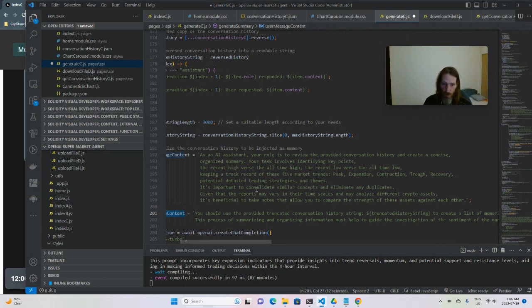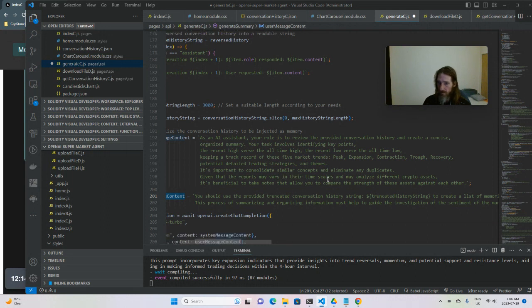It's important to consolidate similar concepts and eliminate any duplicates. Given that the reports may vary in their timescale and may analyze different crypto assets, it's beneficial to take note of